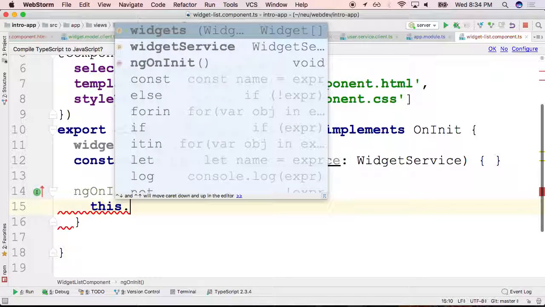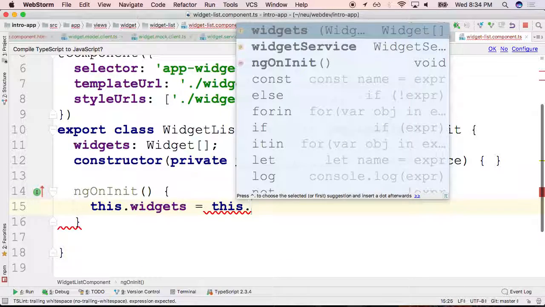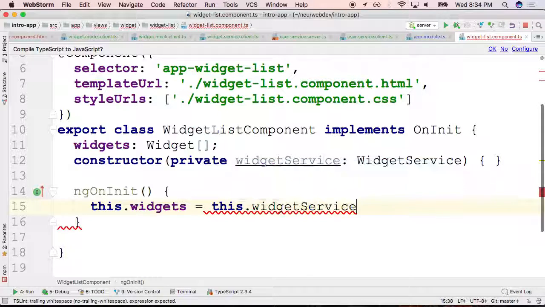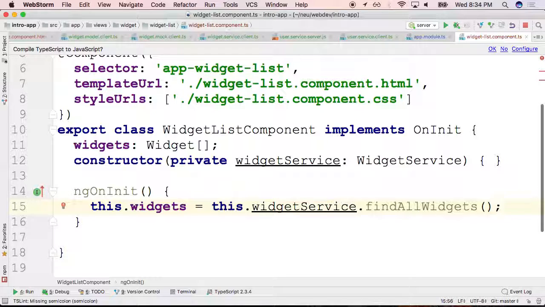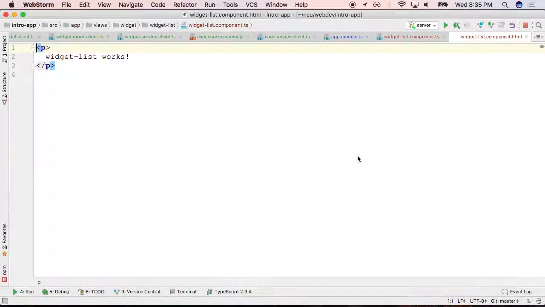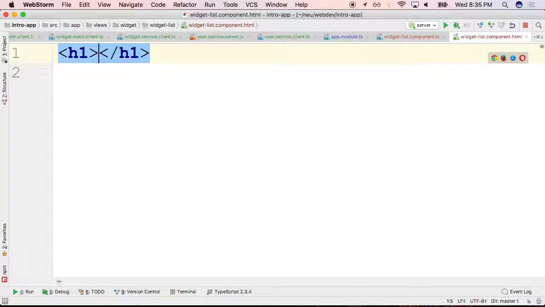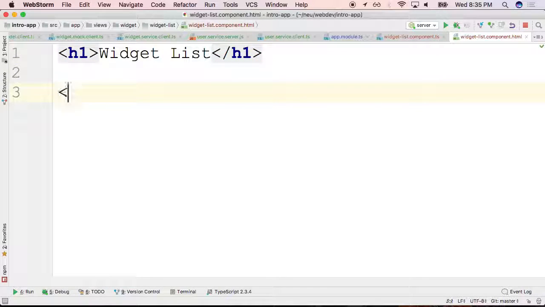So we're going to say this.widgets. We're going to fetch it from this.widgetService.findAllWidgets. Yes, right? And now we're going to render it in the component. In the component here, we're going to do an h1. This is the widget list, and we're just going to render it maybe as a div. We're going to do something like